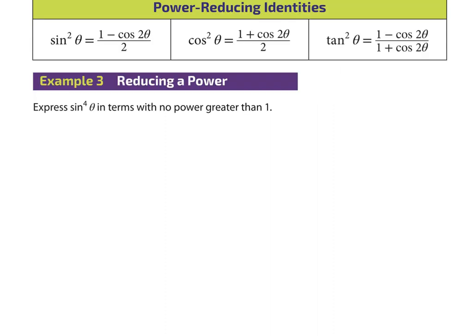We have power reducing identities here. These actually come from your double angle identities, and we're not going to do the proofs for them. If you'll recall, the sine squared and cosine squared come from your double angle. So if you go back to your double angle identities, you can see that cosine or sine squared, if you were to take that out